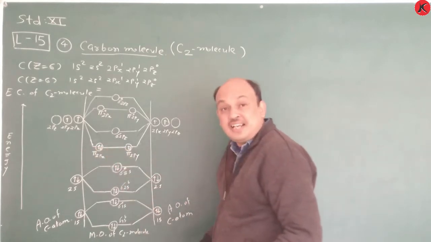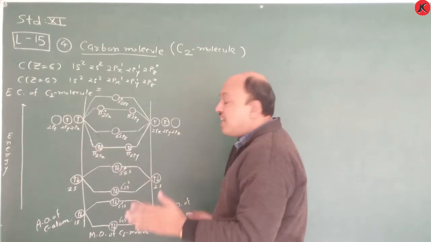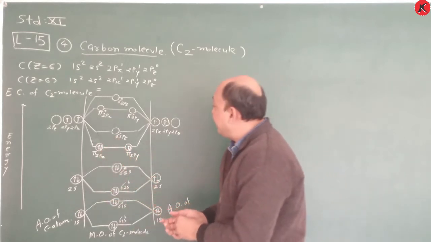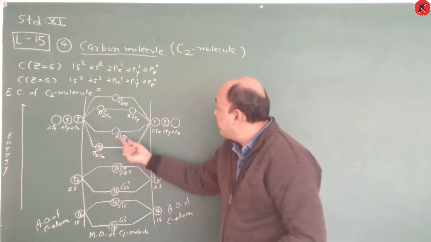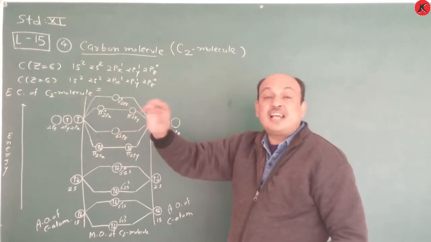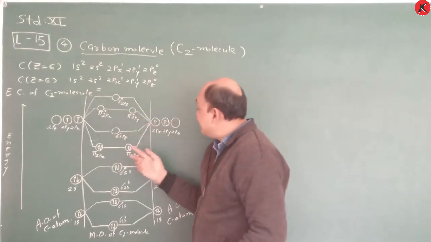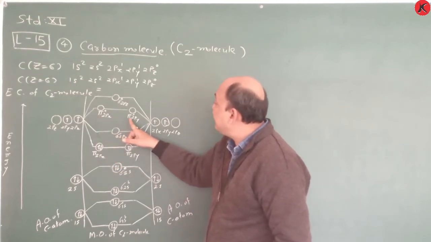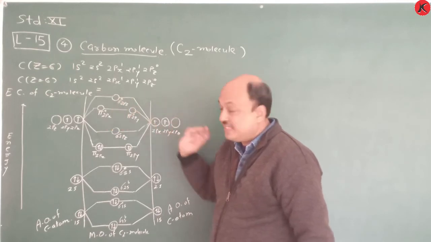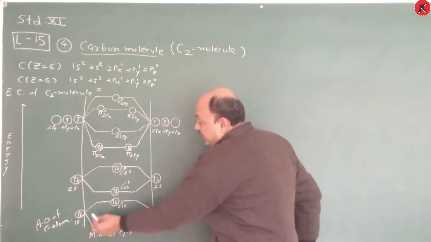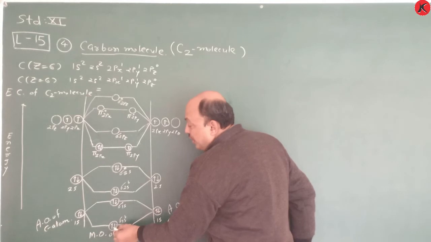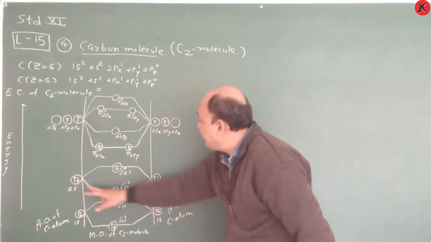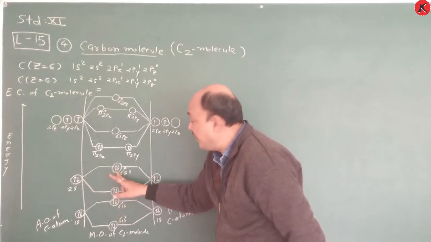According to that, the px and py, whatever the orientation is, according to directional character, their energy remains the same. But the pz orbital, which is parallel to the z axis, that's why sigma 2pz has higher energy. In the same way, pi star 2px, pi star 2py, and sigma star 2pz are there. So first of all, 2 electrons are here, 2 electrons are here. So 2 electrons entered here, 2 electrons entered here. Once again, here pairing has occurred, 2 electrons, 2 electrons.